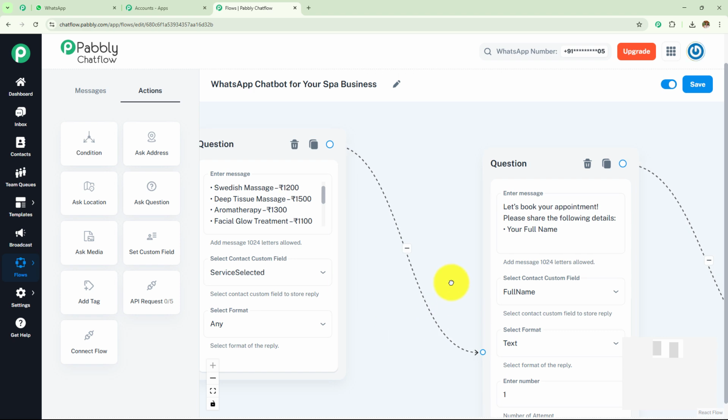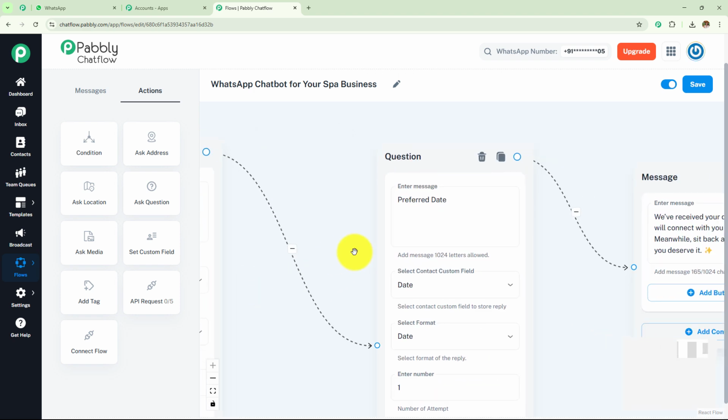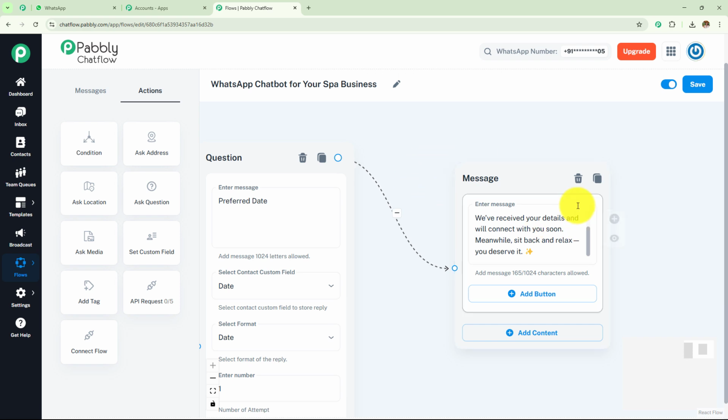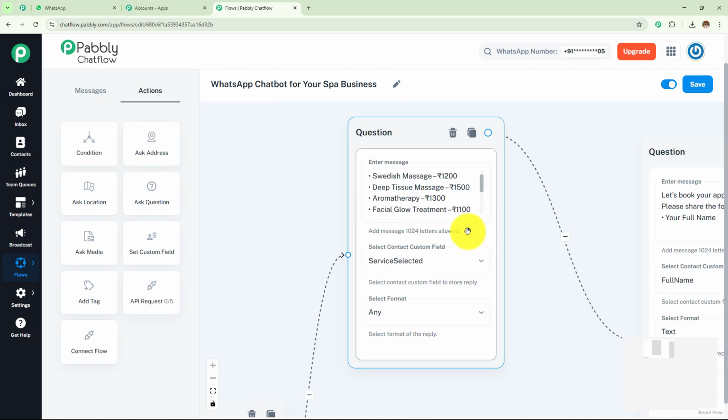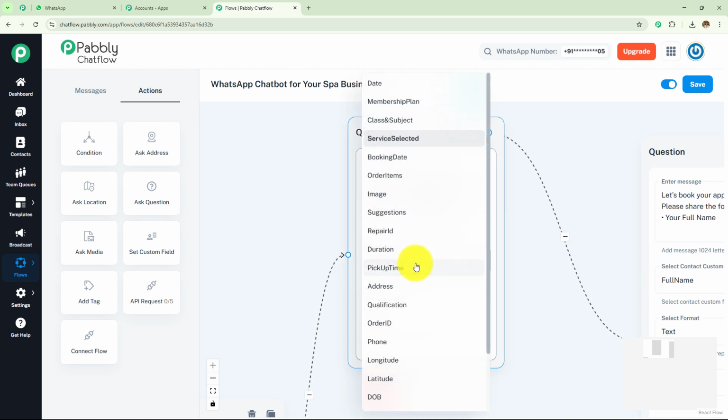How have I created these custom variable fields which will keep changing, which has made my field dynamic? For this, here you can see that I have entered this contact custom field. You can create as many contact custom fields as you want.